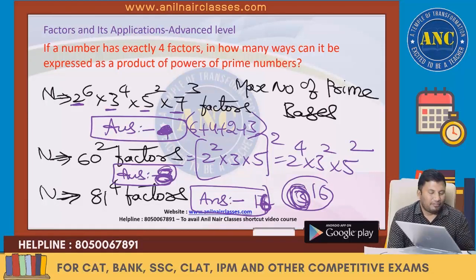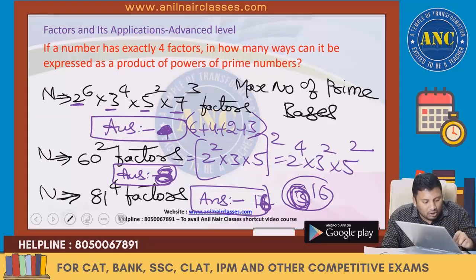Any doubts? From basics, only on LCM we did 10 hours. Only on highest power we did 8 to 10 hours. Only on factors and multiples we did 10 hours. Only on remainders we did 12 hours. If you are learning all concepts and practicing them, why will you not clear the exam in the first attempt? Why will you not get a call from IIMs? If you have a dream, you have to work towards your dream. I hope it is clear. Now we will solve two questions.